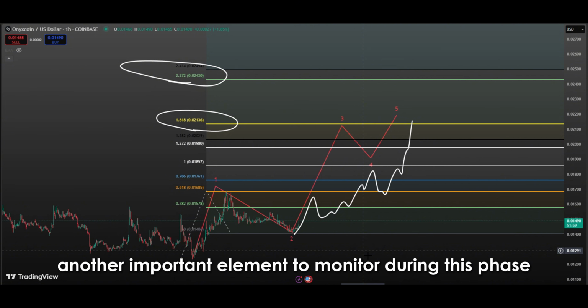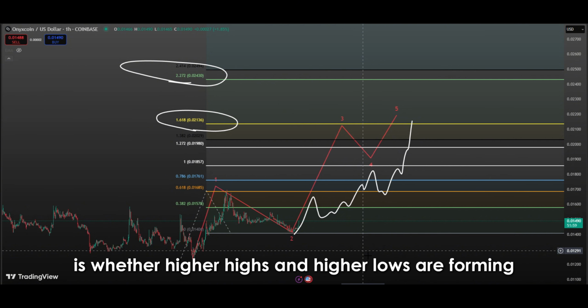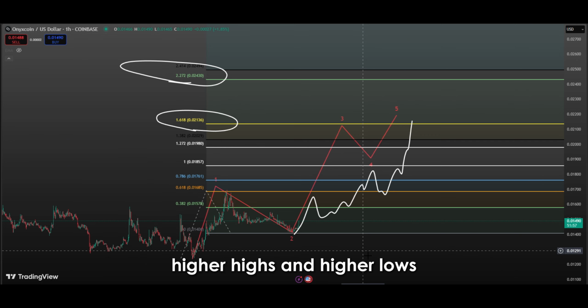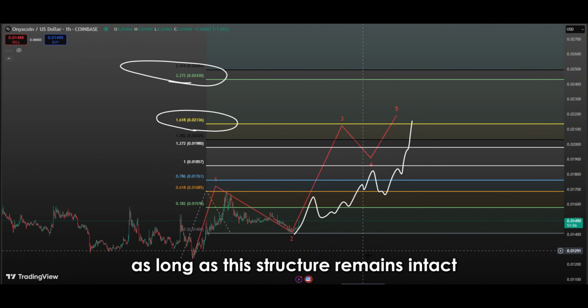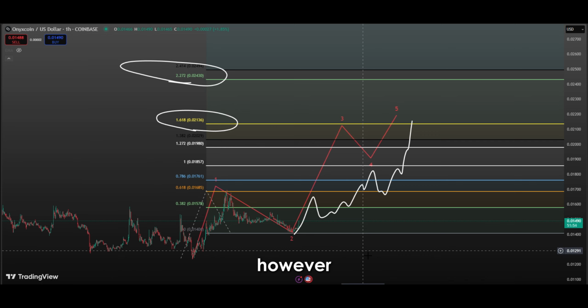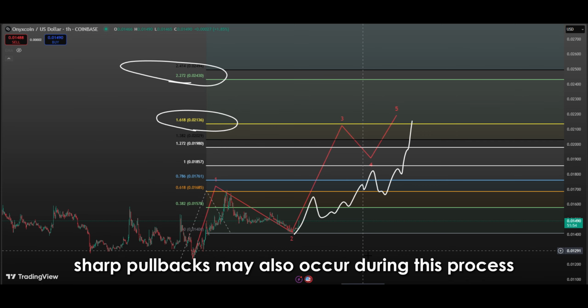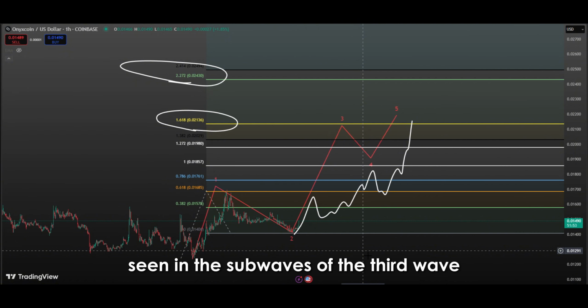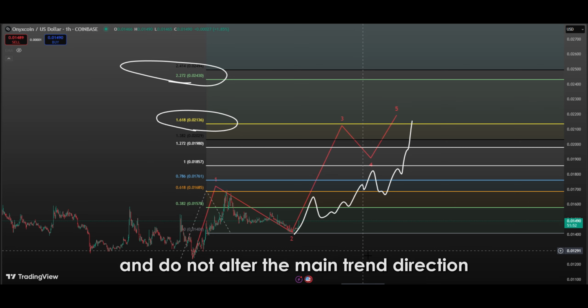Another important element to monitor during this phase is whether higher highs and higher lows are forming. Throughout the third wave, the price typically makes continuous higher highs and higher lows, displaying a classic bull trend. As long as this structure remains intact, the upward trend is expected to continue. However, sharp pullbacks may also occur during this process. These retracements are usually minor corrections seen in the subwaves of the third wave and do not alter the main